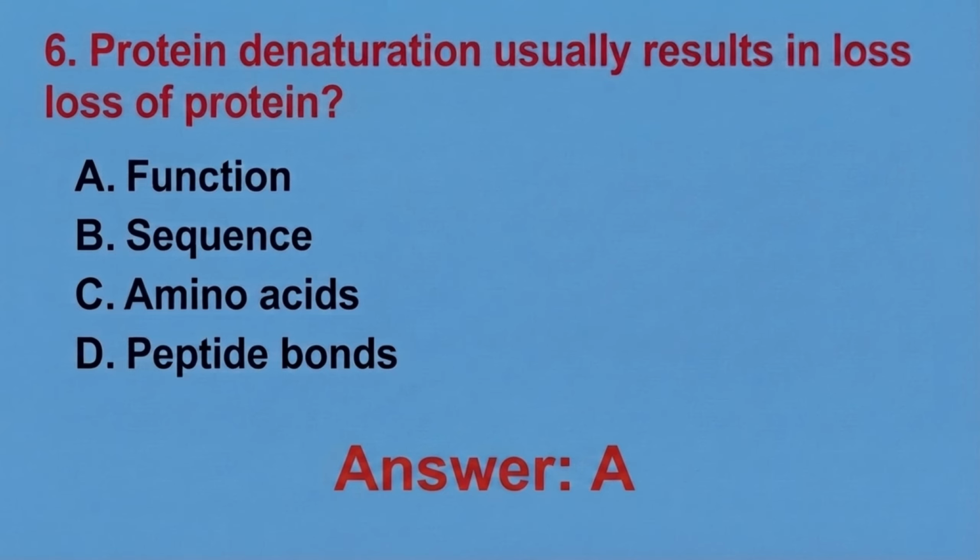Why other options are wrong? Option B, the amino acid sequence, represents the primary structure, which is usually preserved during denaturation. Option C is also wrong because individual amino acids are not removed during denaturation. Only the protein's shape and folding are affected. Option D is also wrong because peptide bonds are strong covalent bonds and are generally not broken during